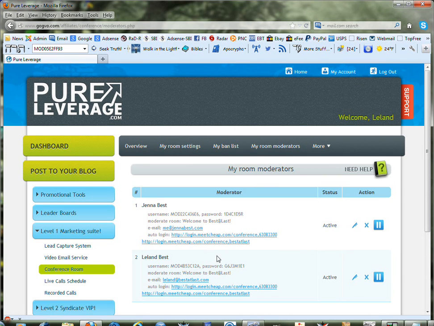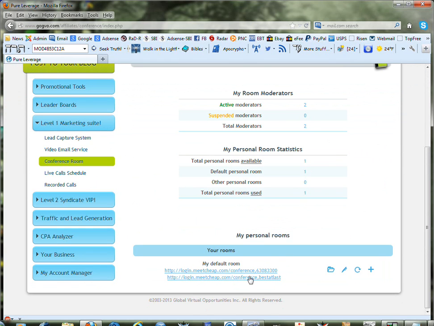You'll have a list. Now the big key here, folks, is to take this username and this password, and let me go back real quick. I'm going to go back to my overview, and I've actually assigned this link to another URL with my domain name that I can simply present to people without having to use this loginmeetcheap.com conference URL. I have a couple that I use for different purposes, but this is where you could literally assign this URL within your domain host to link to another domain name,